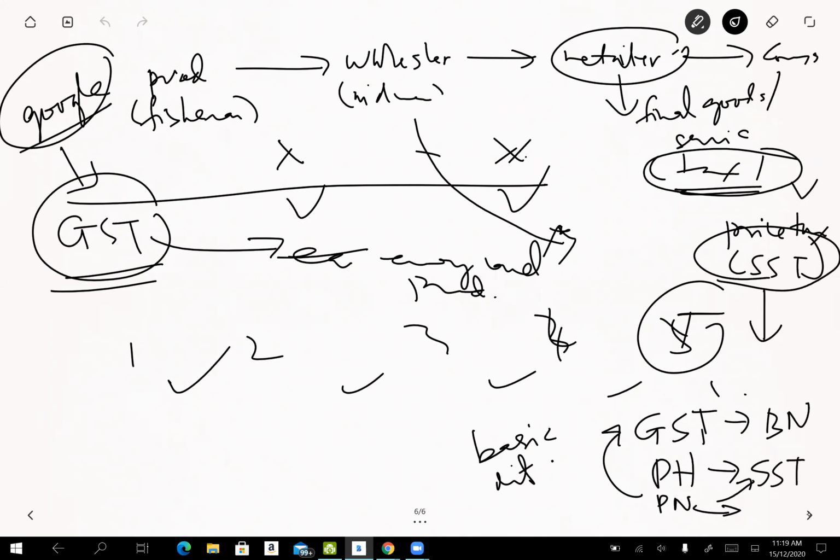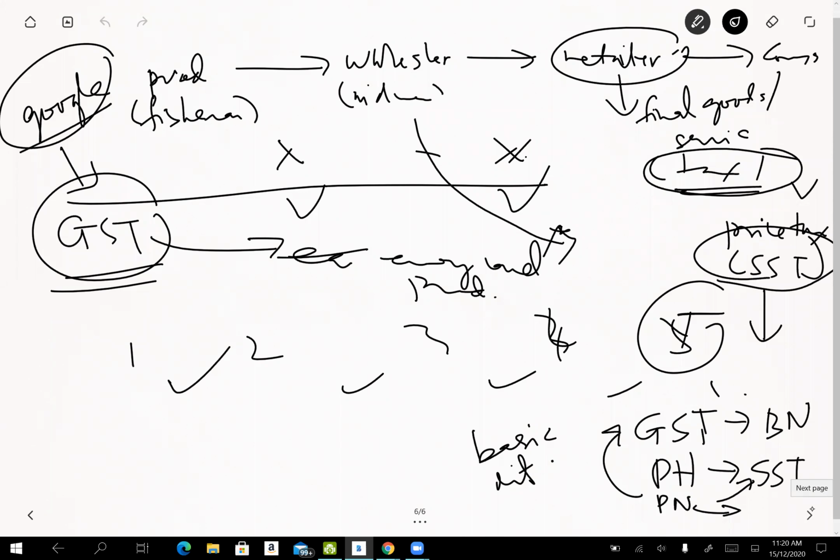When the PH government won the election, the one thing that I liked is the tax. They went back to SST. Of course, there are other things they did that we don't really like, but going back to SST, I like, and also making the government more efficient. Those are the things. Hopefully, they will continue doing that.